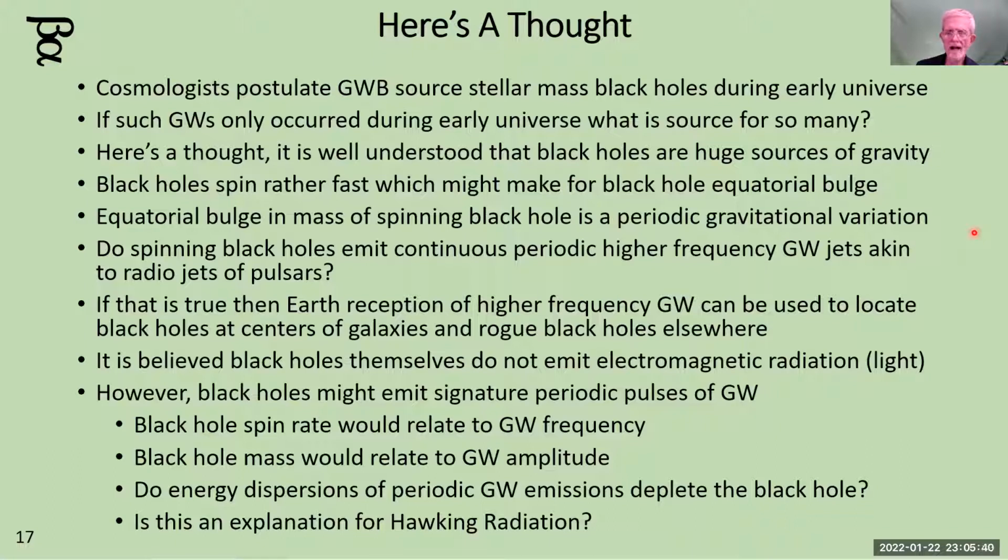It would almost be like, as a pulsar is a lighthouse of photons, if the same thing were true about black holes, then black holes would be gravity wave lighthouses. As they spin, you would get gravity wave pulses. So I said, well, since they're not saying that it's continuous pulses, it's just sporadic everywhere, that's when I shifted to